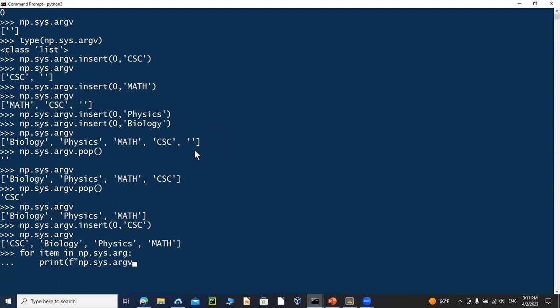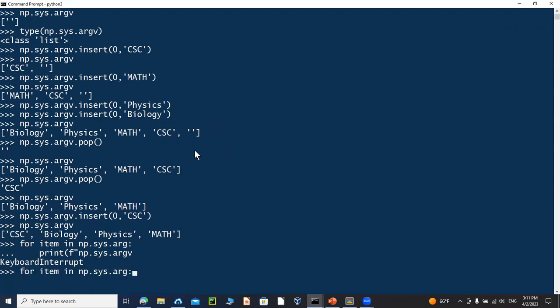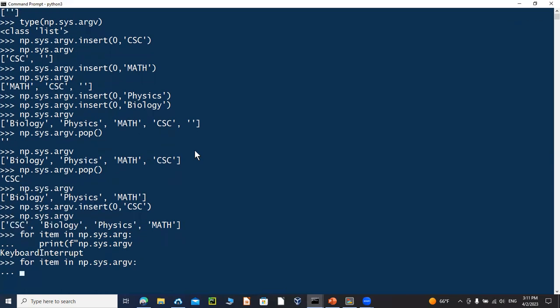Actually, sorry, I need to just type it correctly here. I missed a V here. So I'm going to do the same thing here and then do a print F and then start np.sys.argv sub and then just give item here as a string that we want to print and then is equal